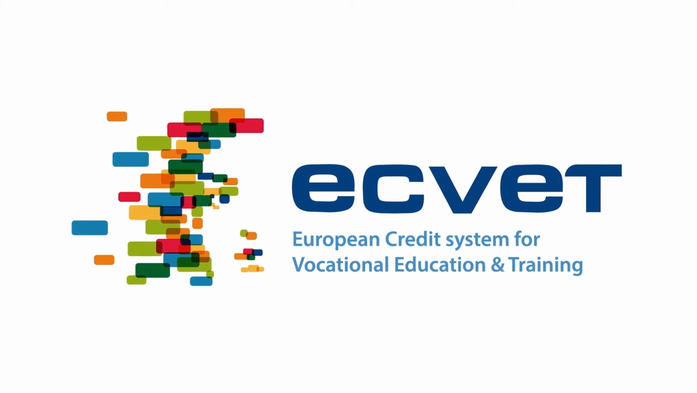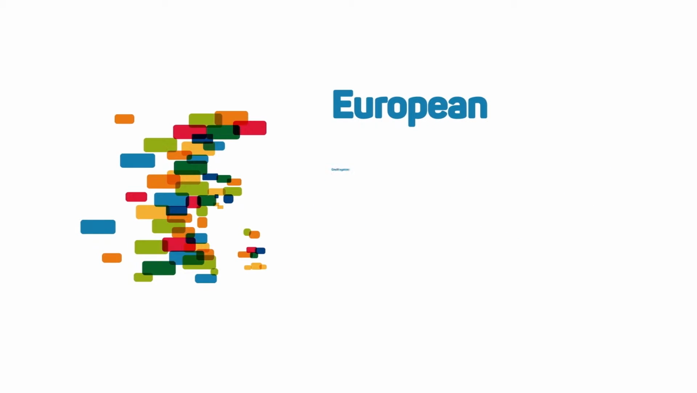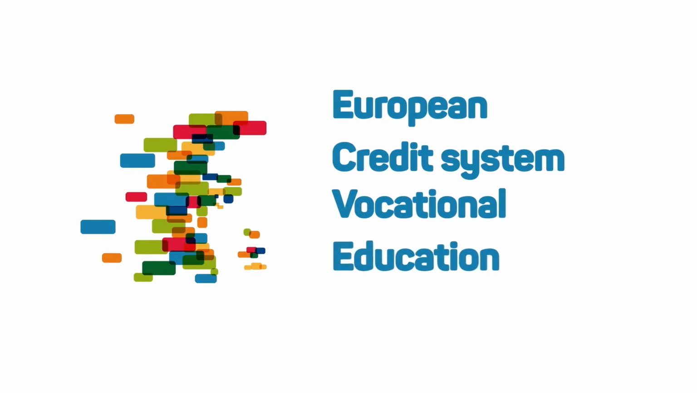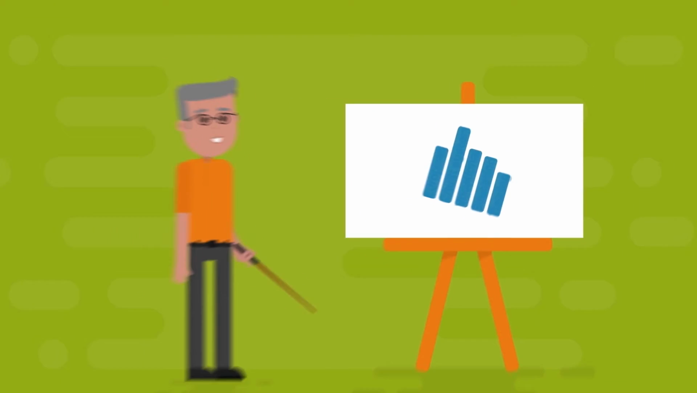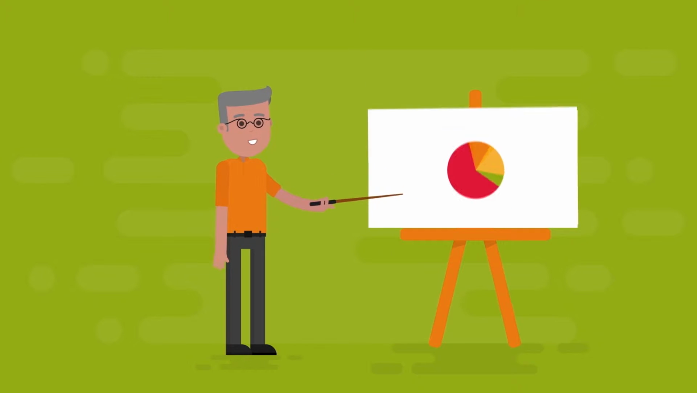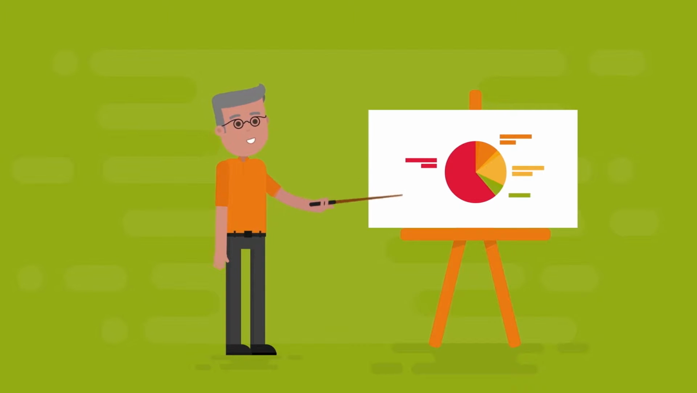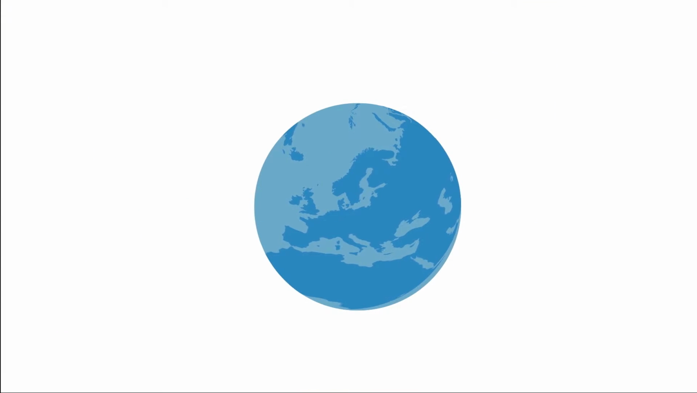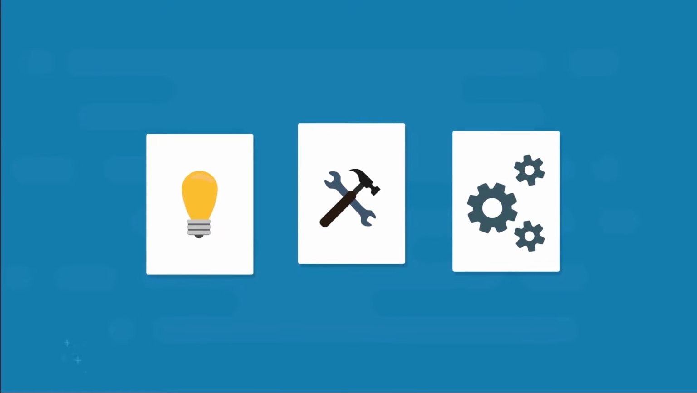What is ECVET? ECVET stands for the European Credit System for Vocational Education and Training. It is an instrument to describe vocational competences in an easily understandable and comparable way throughout Europe. ECVET utilises learning outcome descriptions to show what a student knows, understands, and is able to do upon completion of